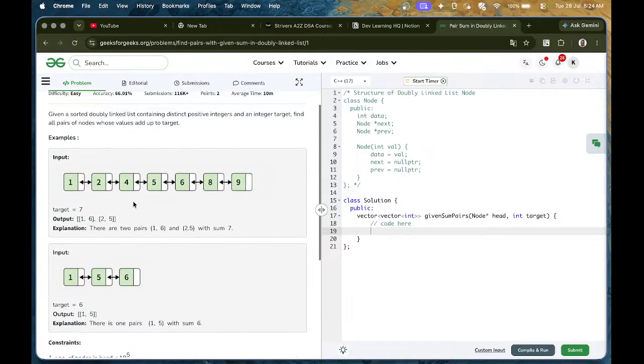Yeah, so what we can do is return left's data, comma, right's data in an array, right? Let me write an algorithm. So we'll be taking two pointers. One will be node left, pointing to head. Node right will be pointing to head as well. We'll move right to the rightmost part of the linked list. It is a doubly linked list, right? So